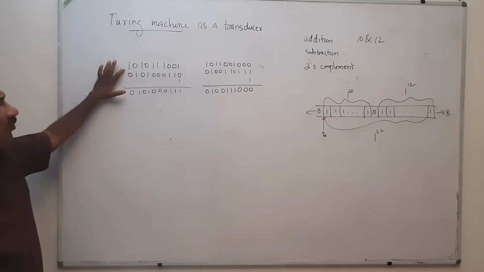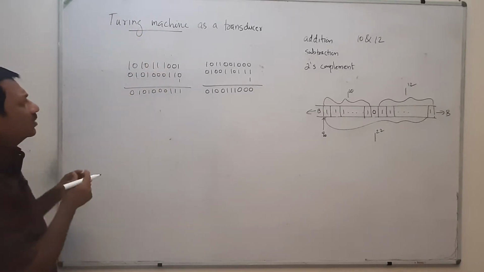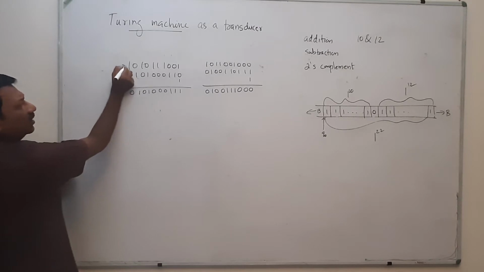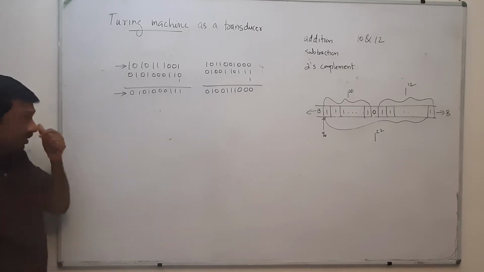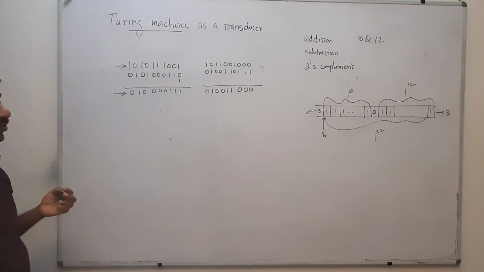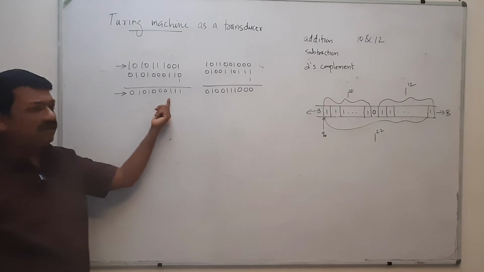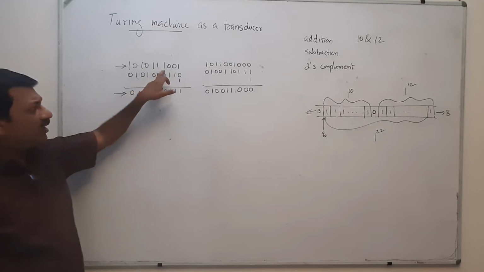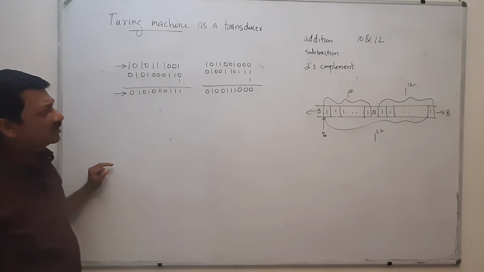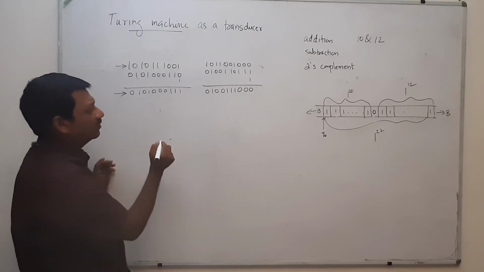See, if you compare, this is the original binary number, and this is the 2's complement of that. And here you can see a property of this 2's complement compared to the original number. That means initially you have